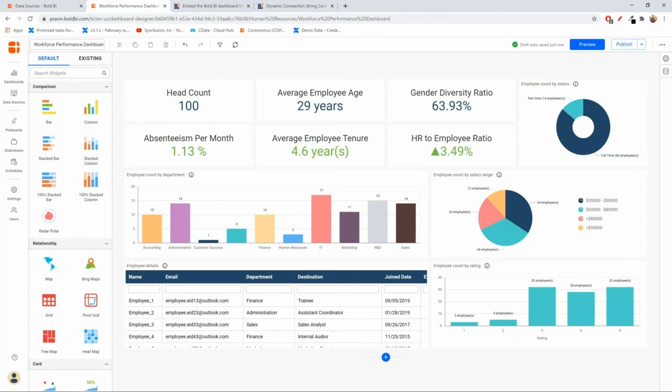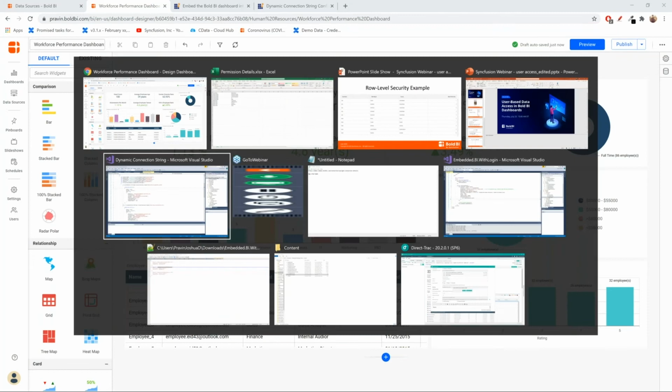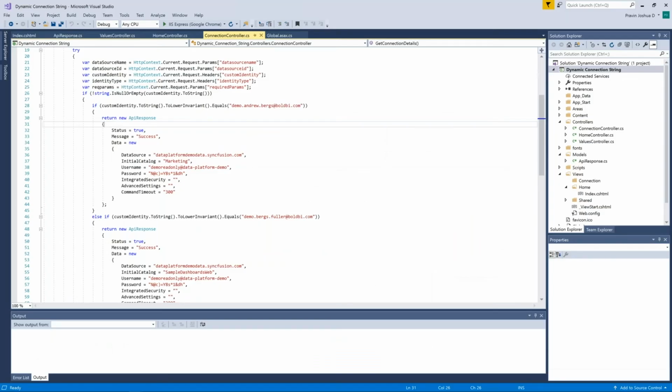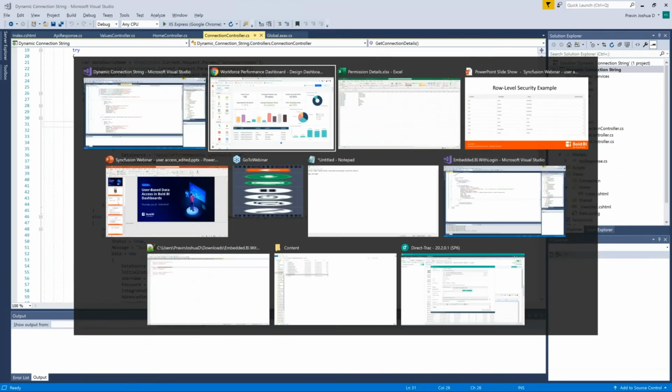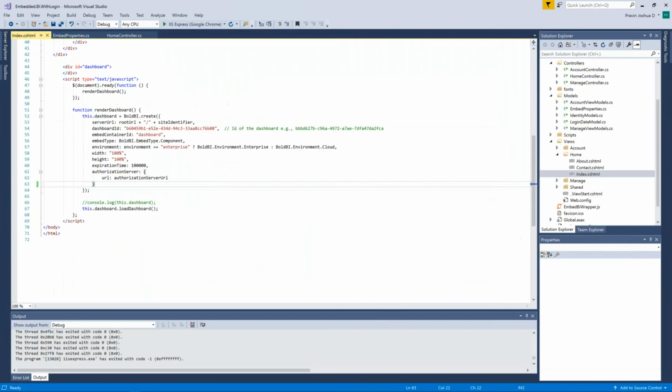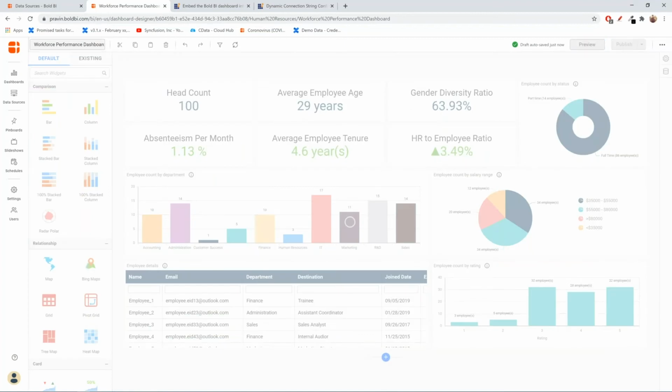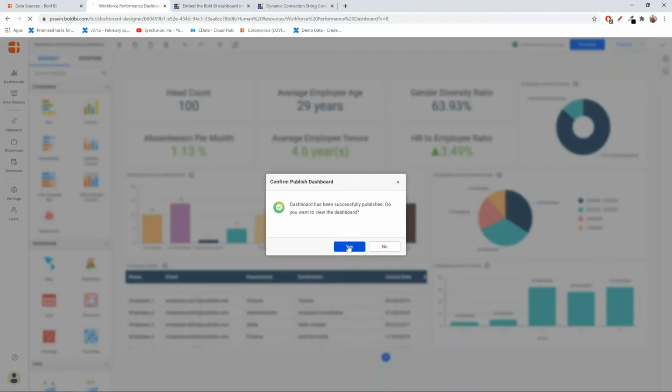So if you have already been using the embedding part of Bolt BI, this is just an overview or a recap. Bolt BI has two different options for embedding dashboards in applications. First one is the simplest way, using an iframe. So you can just get the link of any dashboard. When you publish the dashboard, you can just get the link of the dashboard and embed it.